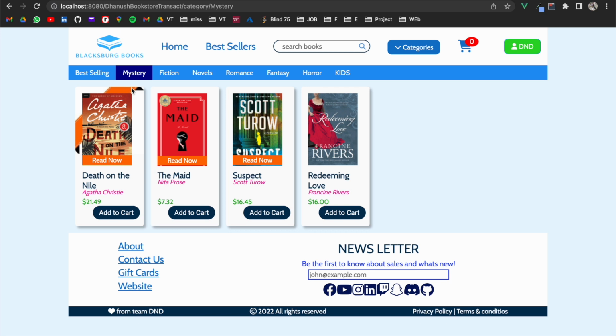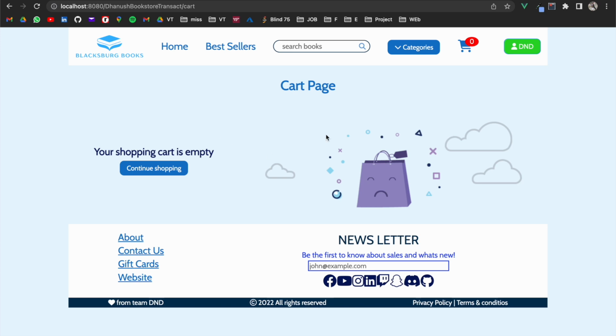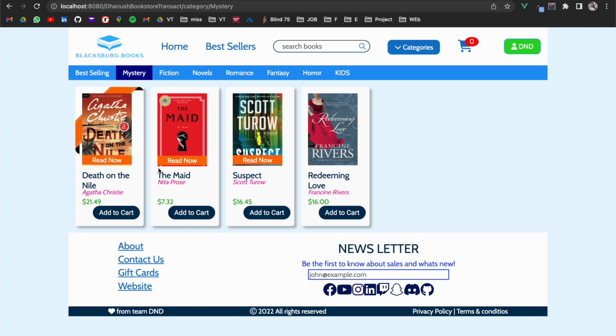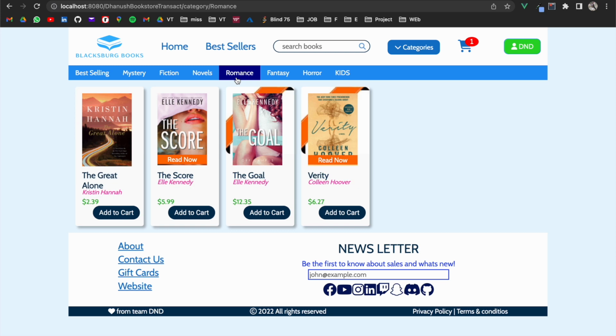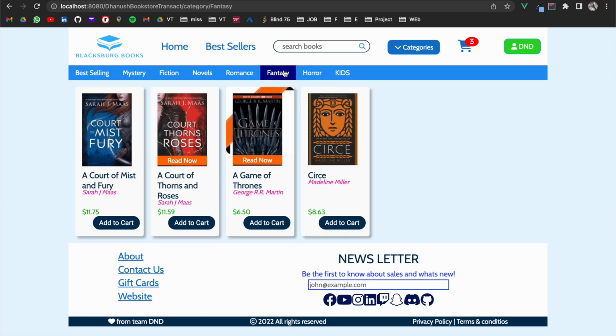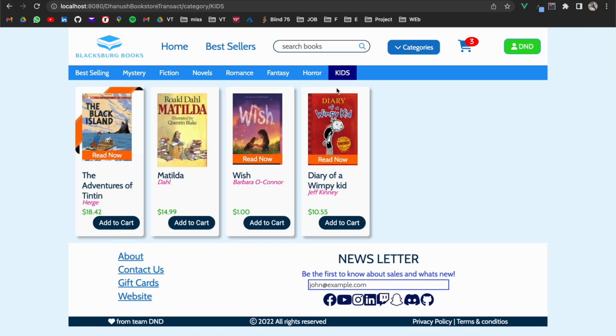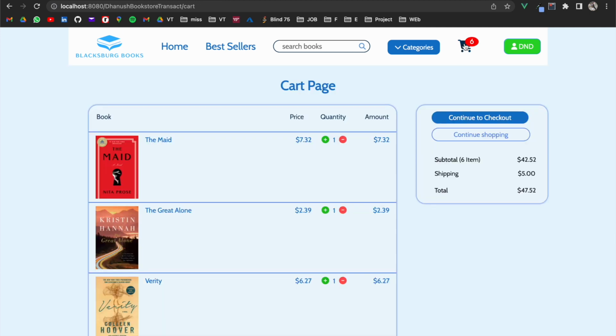So going ahead, if we check whether we have anything in the cart, it shows us we do not have anything, and we have to go back and add a few books to the shopping cart. So here we have a mystery category, we have fiction, we have novels, we have romance. Let's pick a couple of books, and we have fantasy, we have horror, and we have kids. Let me add a couple more books into the cart, and now we have 6 books in our